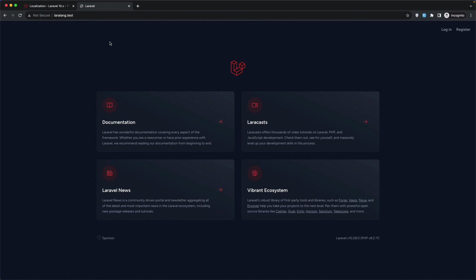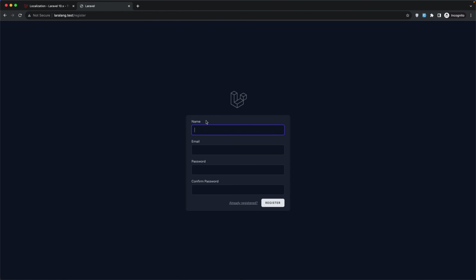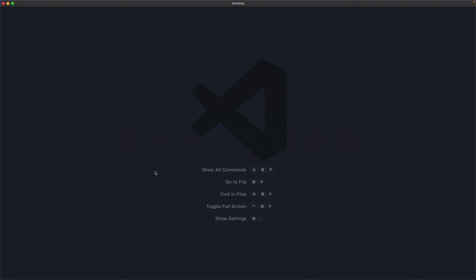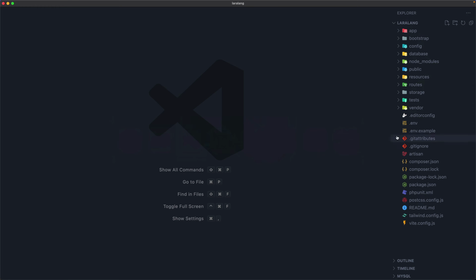Okay, I have created a project for that, and I have named it Laralang. Also, I have installed Breeze, and I chose Blade as a stack. Let's go to the register page. Here we have name, email, password, and confirm password. Now, if I open VS Code and open the files, by default we don't have the lang